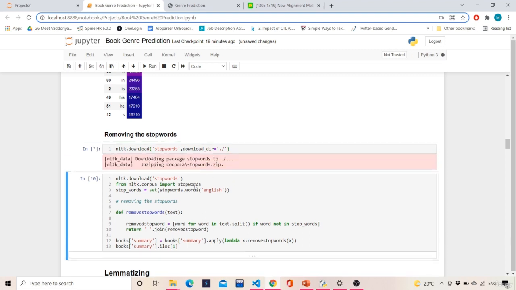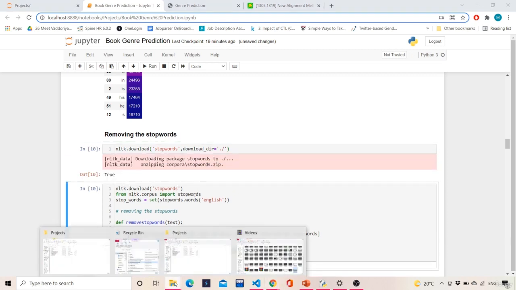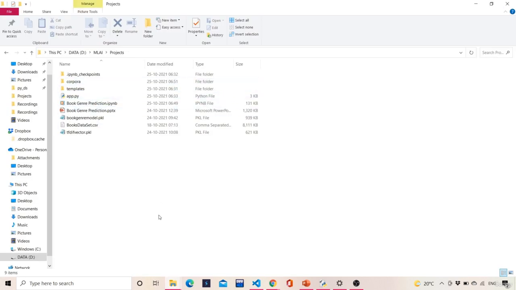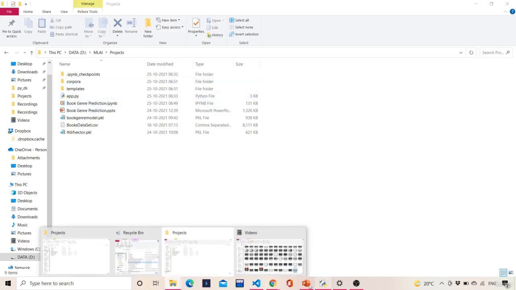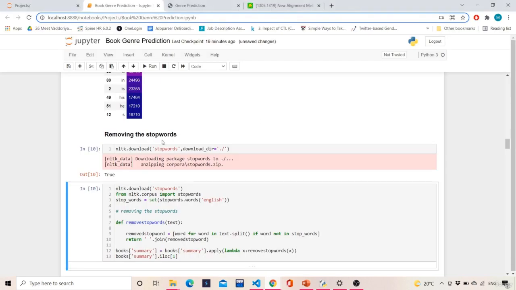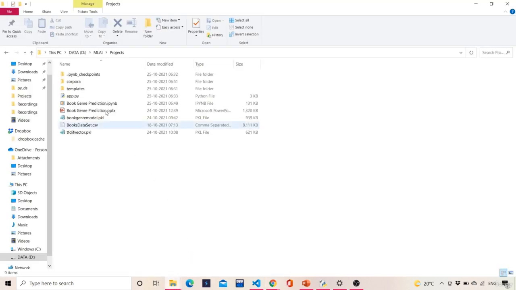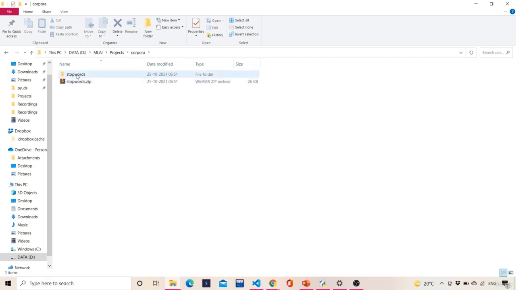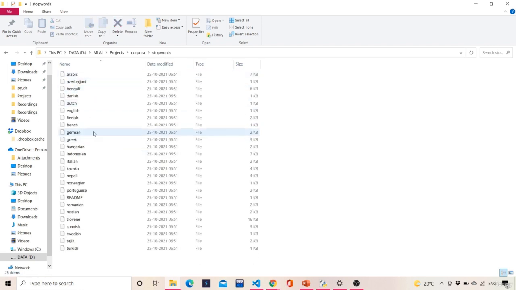Now if I shift enter this, it will download all that, and I'll show you how it looks. Over here it displayed stop words, and the download directory is this. This is the corpora, and over here we have stop words for many languages.